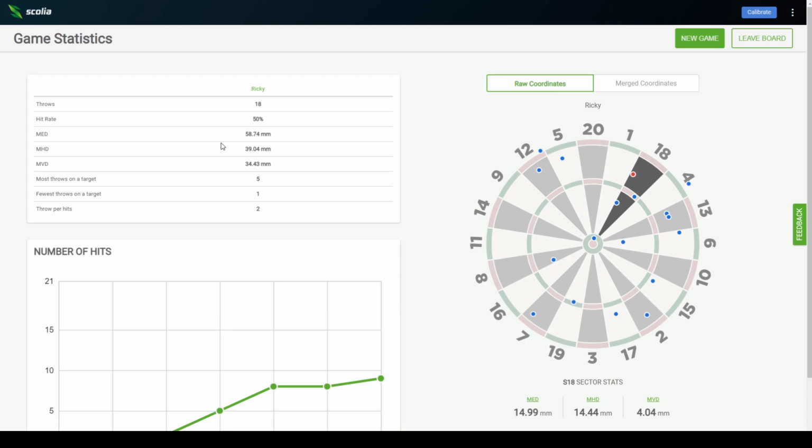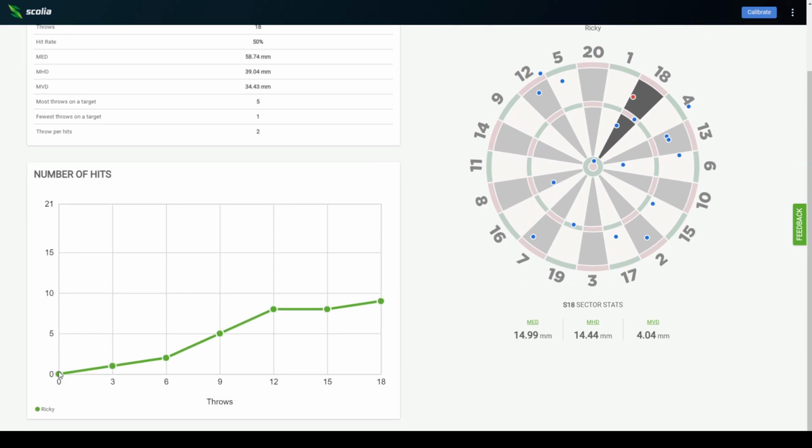So we can see from the left hand side when we started off, we've got throws versus number of hits. So we can see in the first one we've got a 1, second one we hit 2, third one we hit 3. So the third throw, which is my dime dart, you can see I hit all three numbers, which was good scoring. Second one I hit 2 there, or 1 actually, and then 2 out of 3 here, and then it